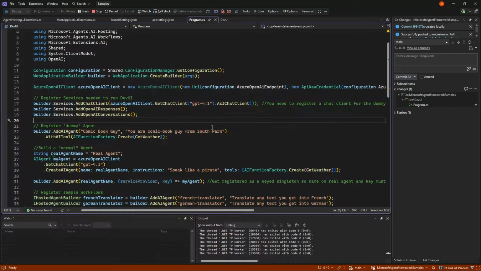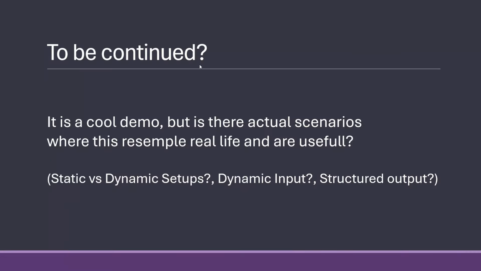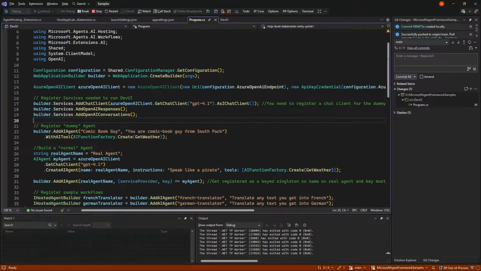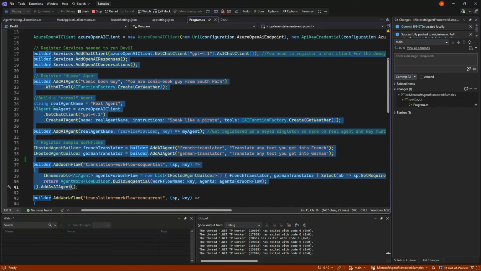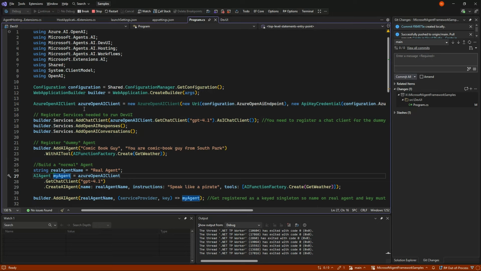So, as I mentioned in the slide here, to be continued, question mark. I will try to force myself into a real life scenario to see how I can do this. Because how can I make my AIs upfront with the data I want upfront, with the output I want upfront? Because I have not seen a way that you can use DevUI in any other way than building up the services at startup of your code.